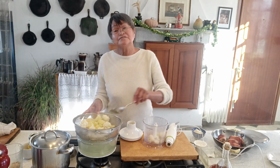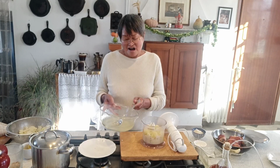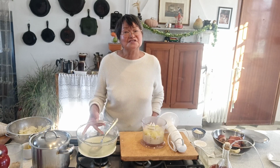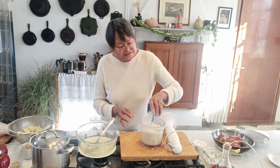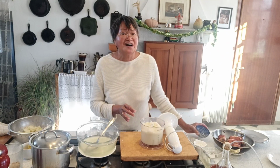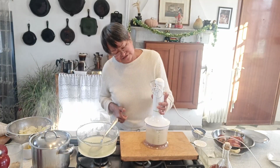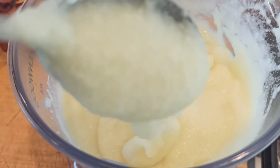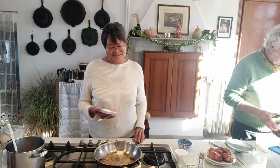Potato and cauliflower puree. Add a little bit more of cooking liquid to make it smoother. I want to add a little bit of Parmesan cheese, Parmigiano Reggiano. Let's add some butter, flour,